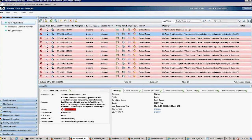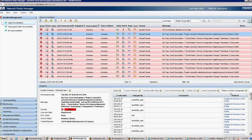We got two events. One event said the configuration has changed, and the second event saying that there is a topological error, or basically the duplex mismatch between the two interfaces. And this could cause, over a period of time, if there's a heavy load of network, really network bandwidth degradation. So in order to further analyze what exactly is going on,